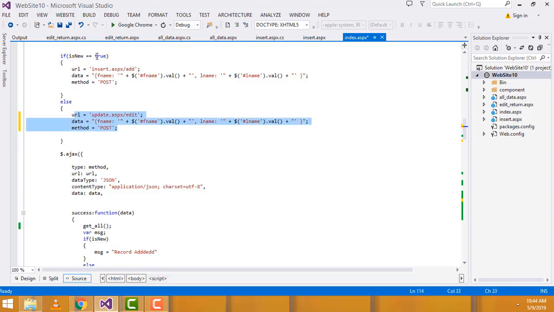Okay, if it is true only, the record is added. If it is false, it means record updated, go to the record updated part. So when the user clicks the edit button, it makes is new false, so the page understands that the user is not going to add a record, but edit the record. So here we have to write the ID. So how to send the ID? Here you have to write